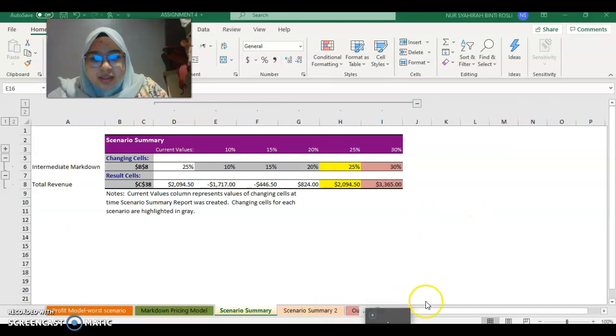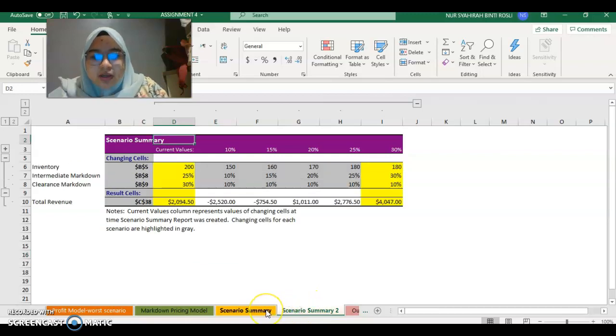And this is scenario summary 1 and scenario summary 2, and I choose scenario summary 2 because the current value is 2,950, and at the inventory 200, and I choose the discount when it's